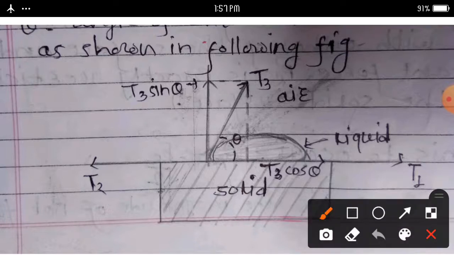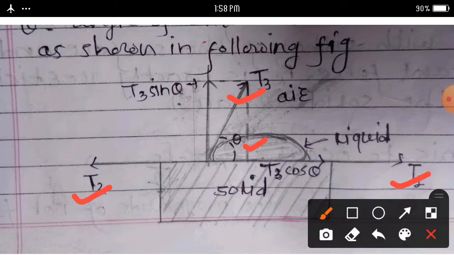Here, capital T1 is the surface tension for the solid-liquid interface. Next, T2 is the surface tension for the solid-air interface, and third, T3 is the surface tension for the liquid-air interface, and here theta is the angle of contact between solid and liquid, as